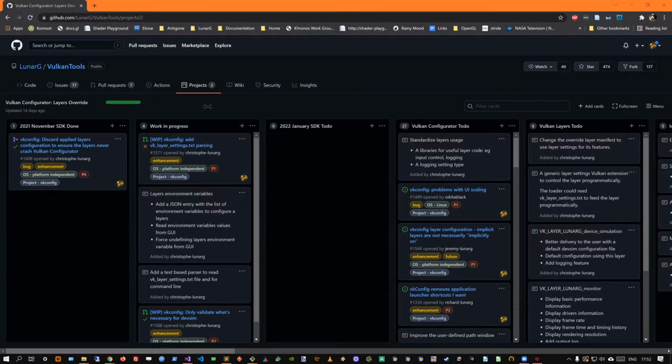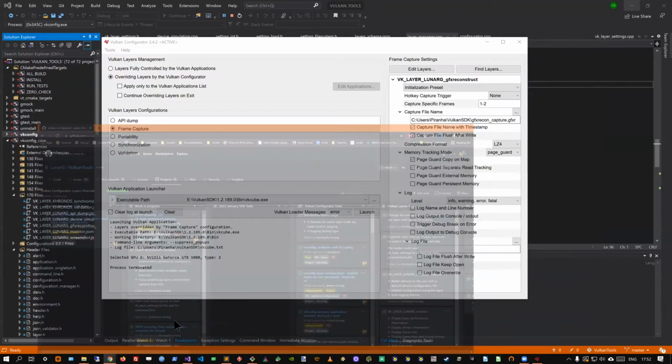If I understand the diagram correctly, the Vulkan Configurator writes two files. Where is the file in the system? Good question. And I was definitely expecting to show you. Okay, that's a good question. Where is the question now? Okay, so I'm going to answer this question because it's definitely something that I think is useful to know.